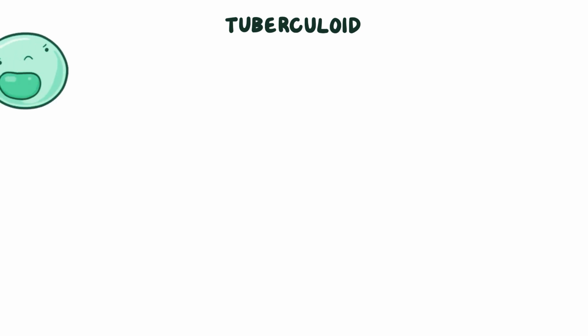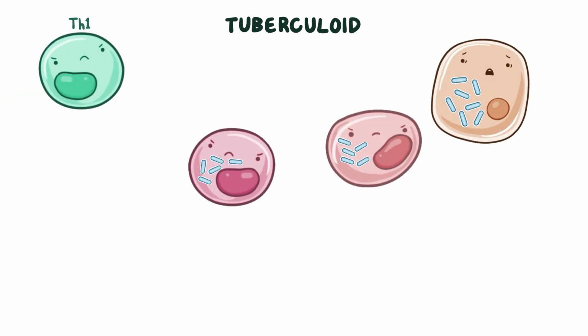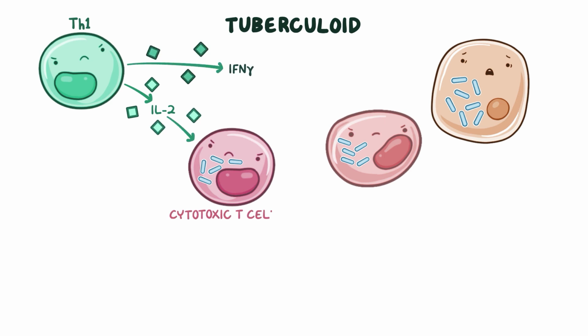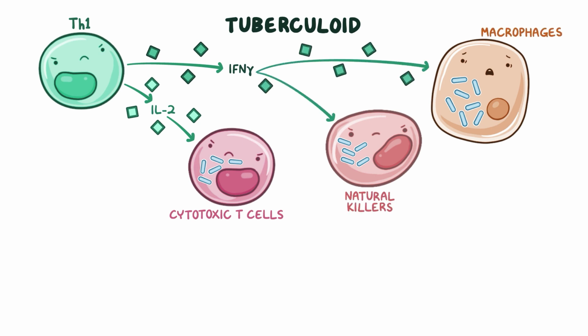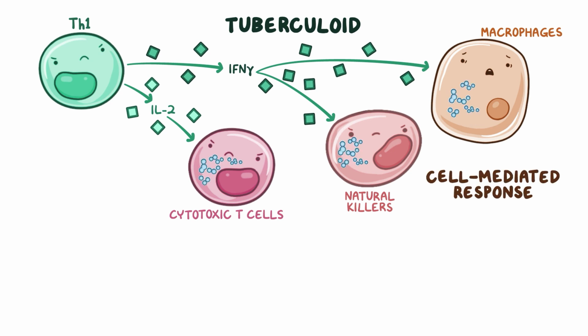On the other hand, which is tuberculoid form, the infection induces a Th1 response, and Th1 cells secrete interleukin 2 and interferon gamma. So interleukin 2 activates cytotoxic T cells and interferon gamma activates macrophages and natural killers to produce chemicals that destroy ingested bacteria directly, leading to a cell-mediated response. This response is effective in destroying Mycobacterium leprae, so this immune response is sometimes also called a high cell-mediated immunity